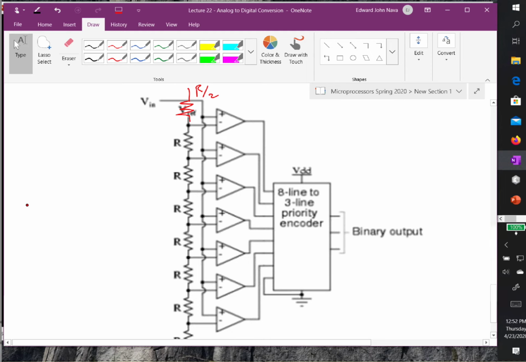So this is, come back to black. Or flash. And these are called ADC, analog to digital converters. Okay, now